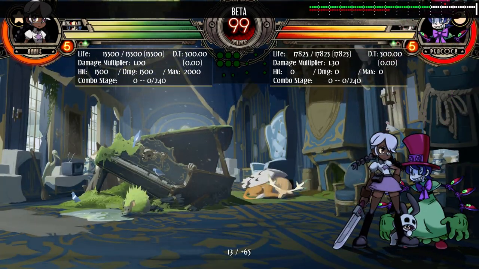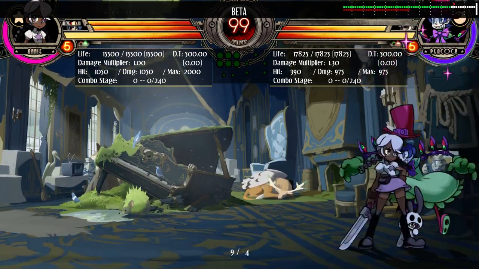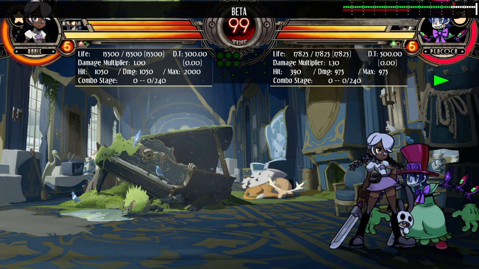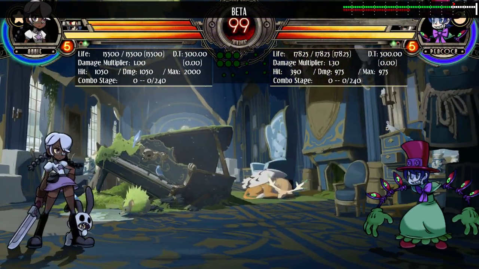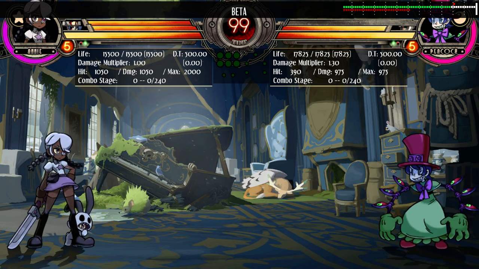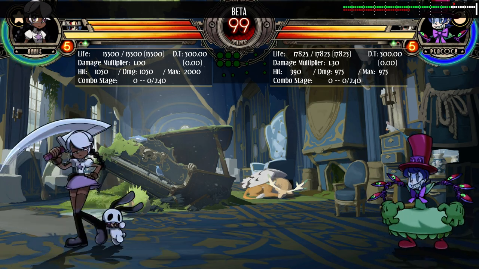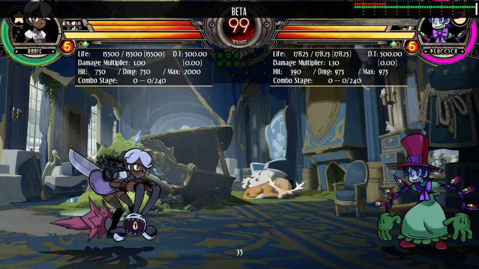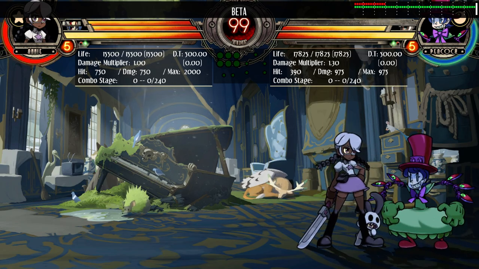I'm trying to figure out what they mean by this. Oh, is it when she's in Star Power? I'm bugging. That's not Crescent Cut. This is Crescent Cut. So, Crescent Cut, if Annie...